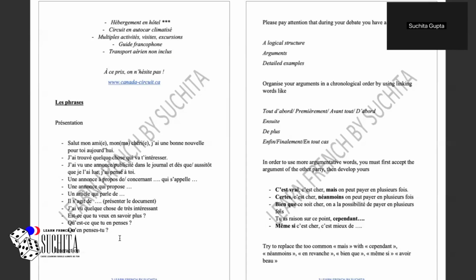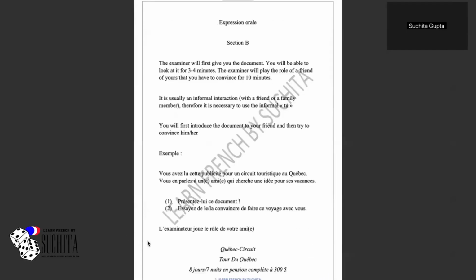Que en penses-tu? Now, how would I introduce this document? How would I have introduced this document? Okay, I've not prepared it, but